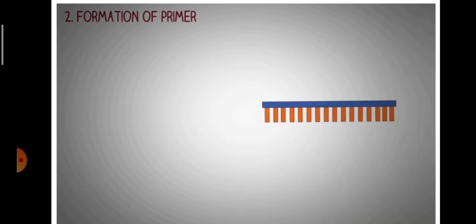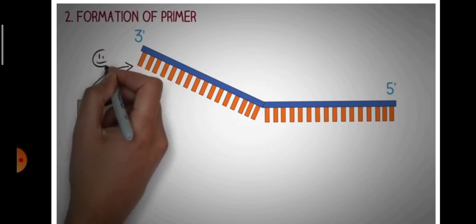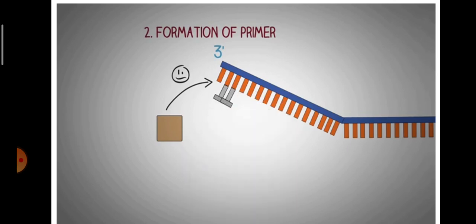So after the formation of the replication fork, the next important step is the formation of the RNA primer. The DNA polymerase enzyme can only add new nucleotides to the 3' end of an existing nucleotide strand, which basically means that the DNA polymerase cannot start synthesizing new DNA out of nowhere and requires a short segment of nucleotides so that it can add new nucleotides at the 3' end of this sequence to form the new DNA.